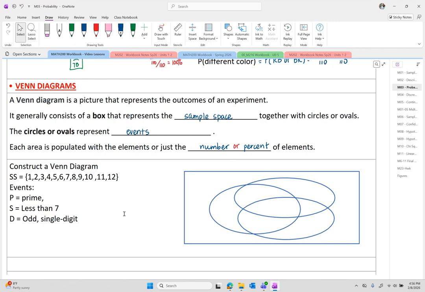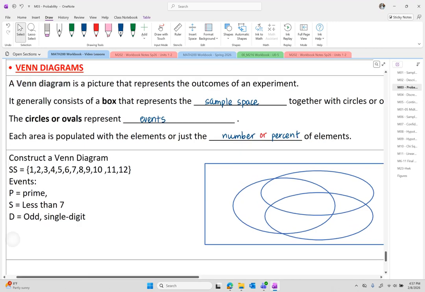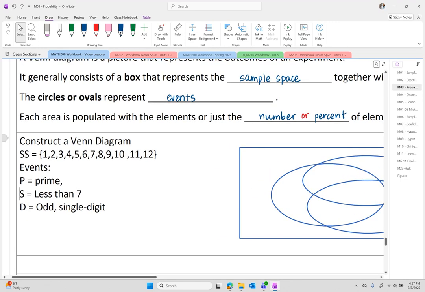A Venn diagram is a picture that represents the outcomes of an experiment in groups. It generally consists of a box, and the box represents the sample space. Inside the box are circles or ovals that represent events within the sample space. And every area is populated with the exact elements, or the number, or the percent of the elements that corresponds in each category. So, for example, if our sample space were the 12 numbers from 1 to 12, and the